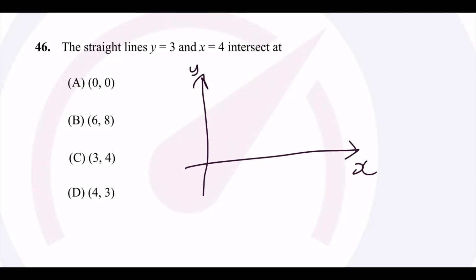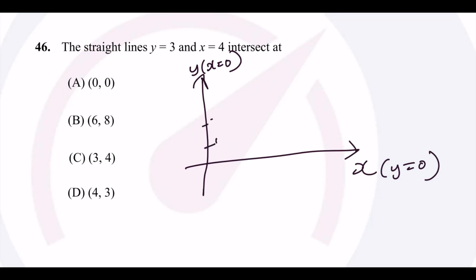The x-axis is the same thing as saying y equals 0, right? The equation of the x-axis is y equals 0, and the equation of the y-axis is x equals 0. So if I wanted to draw the line y equals 3,